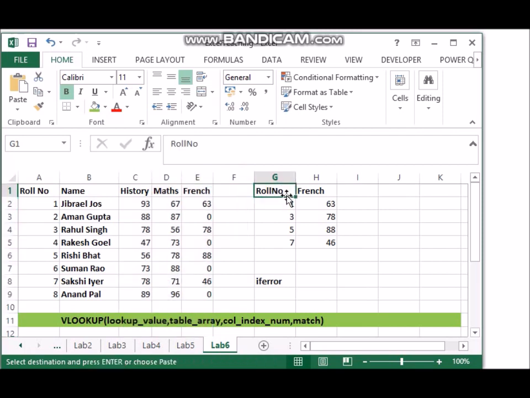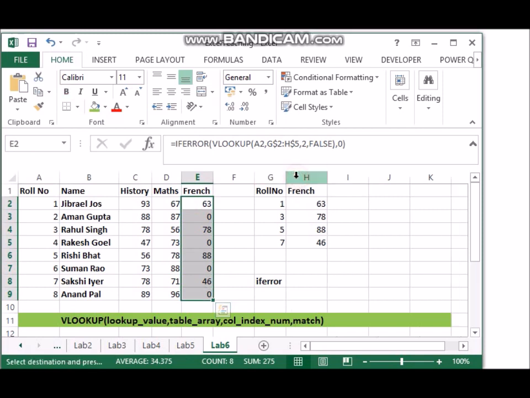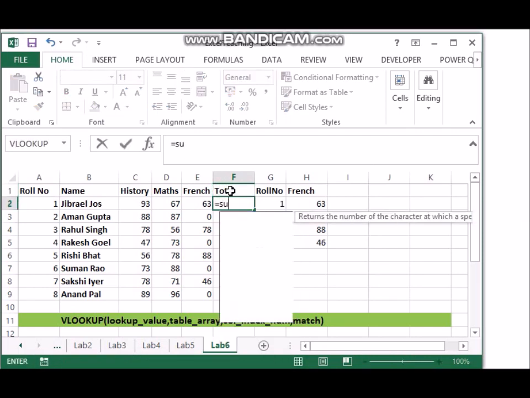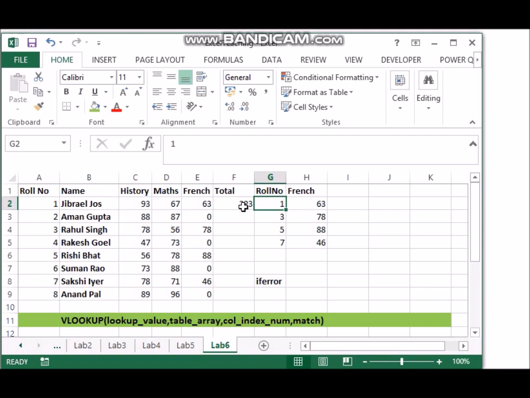Now in this case we have got the French mark. We applied the VLOOKUP formula, and let me get the total mark. The total mark is equal to the sum of all of this.